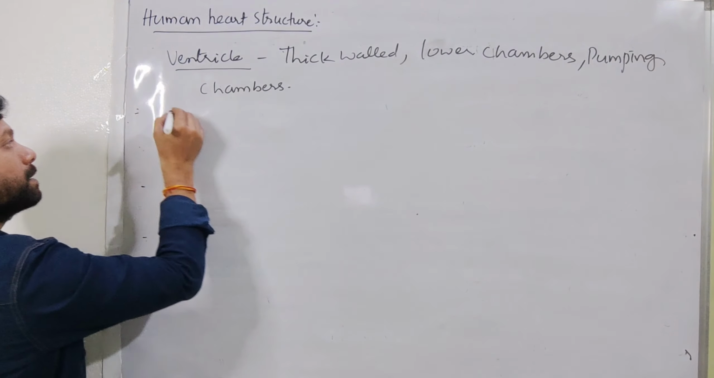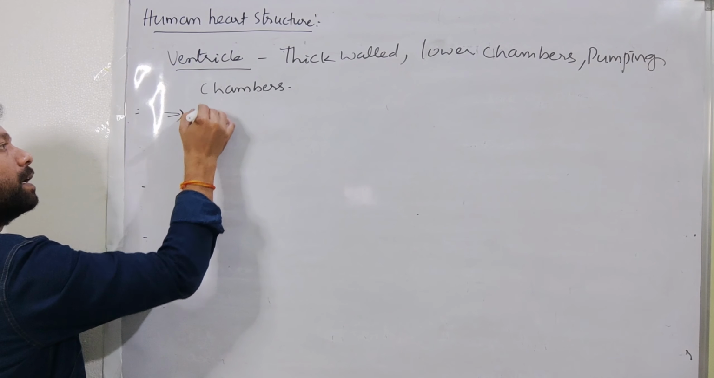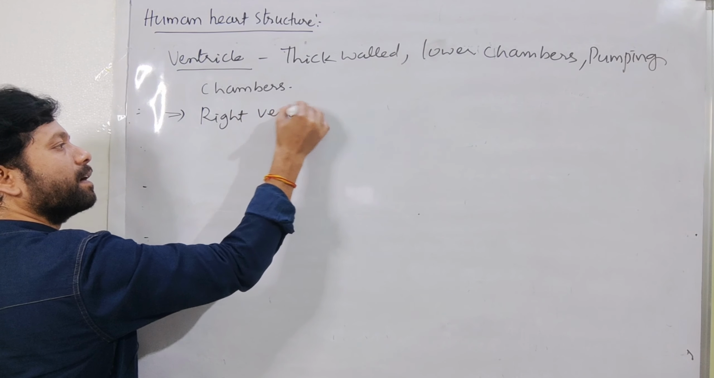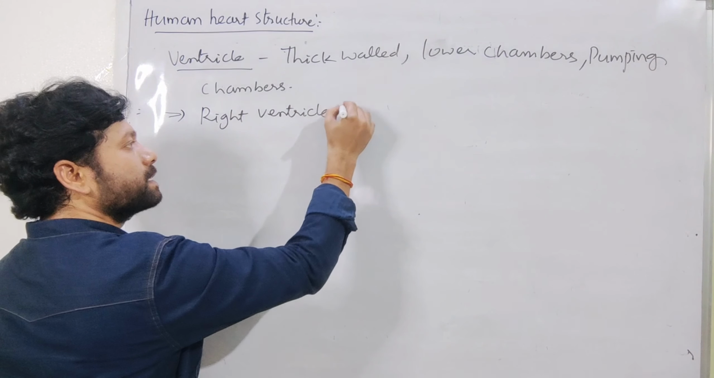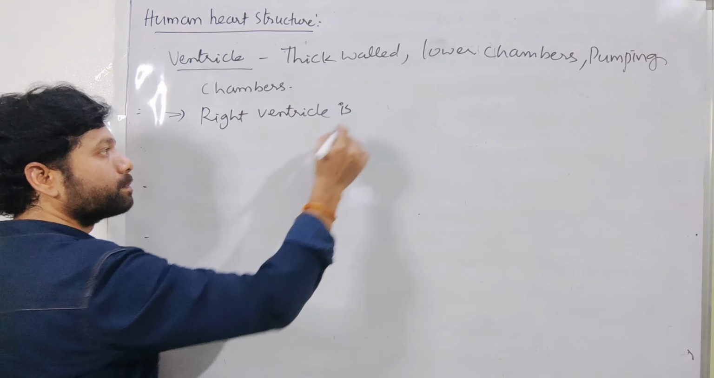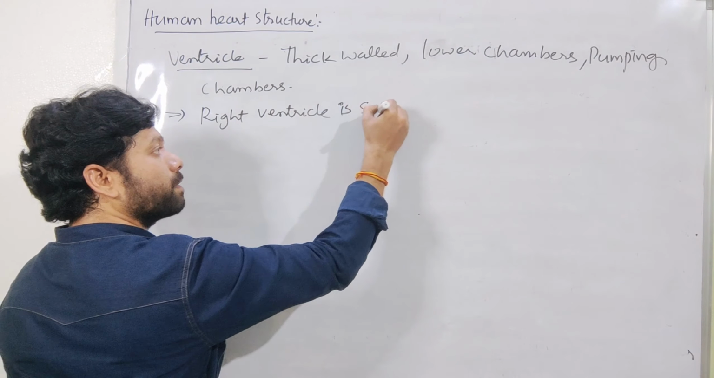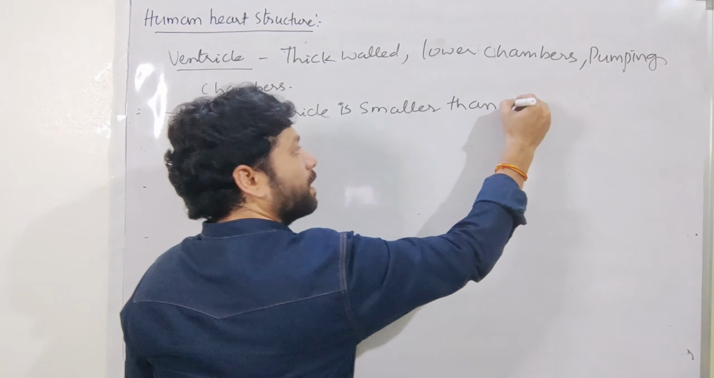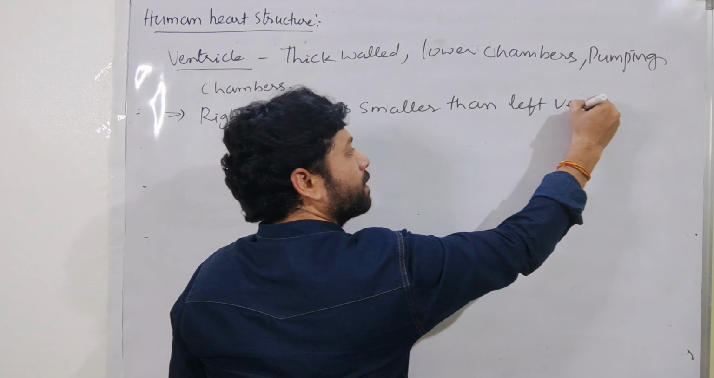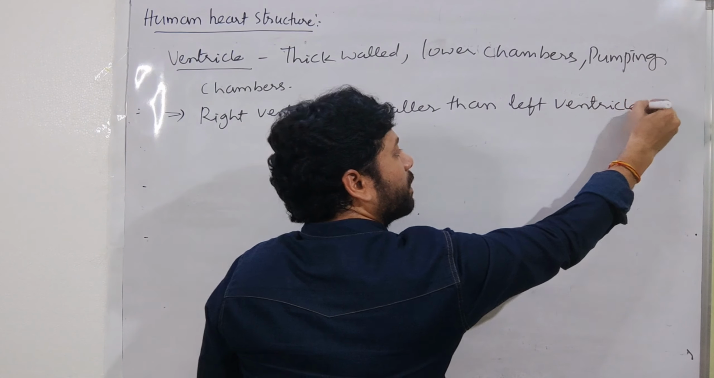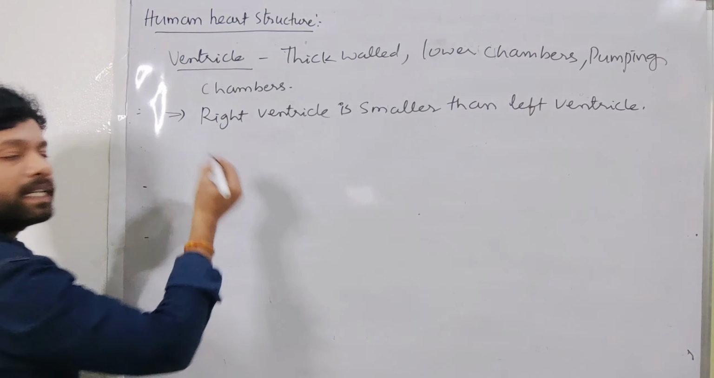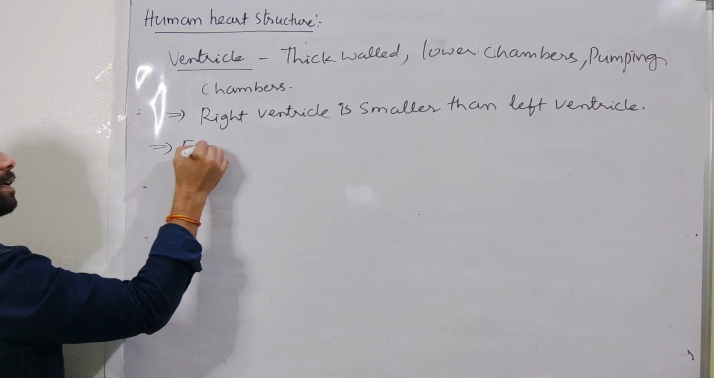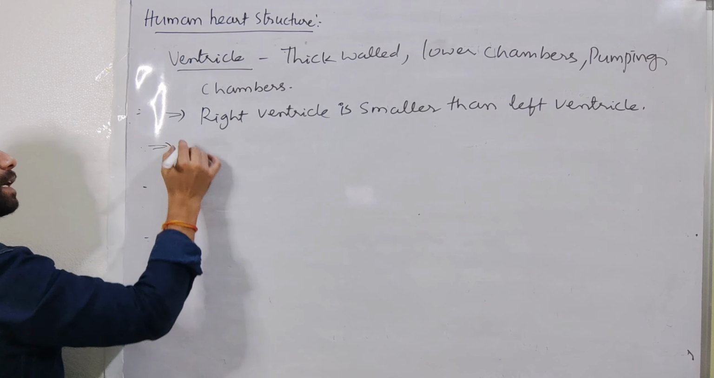Right, next one. So here the right ventricle is smaller than left ventricle. Okay, so right ventricle is the larger. So ventricle, each ventricle, so ventricles